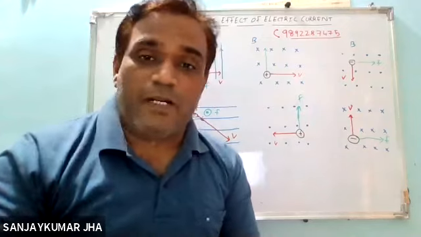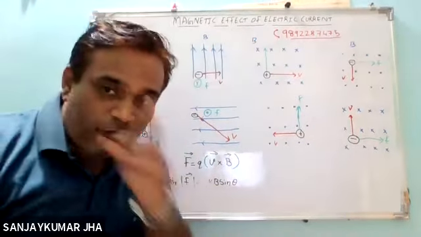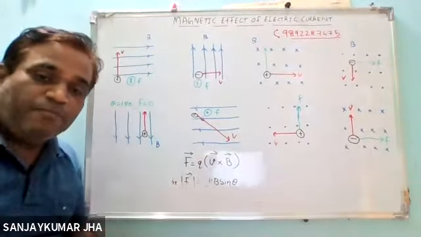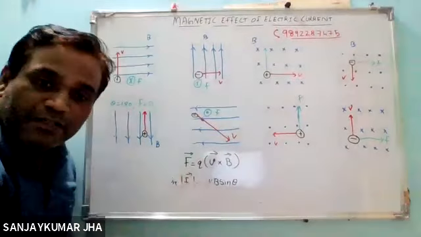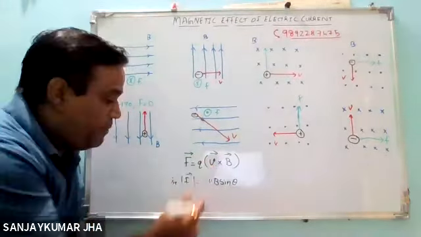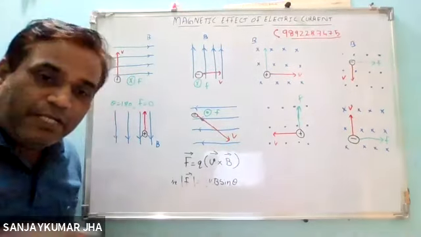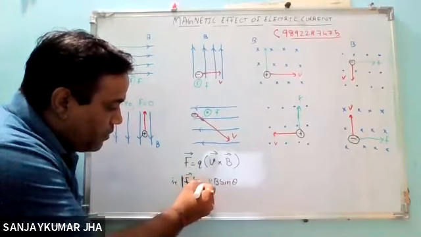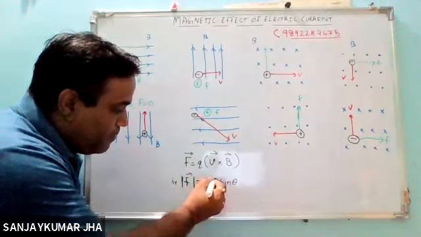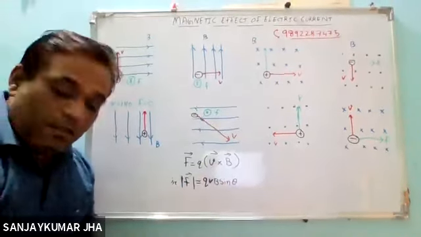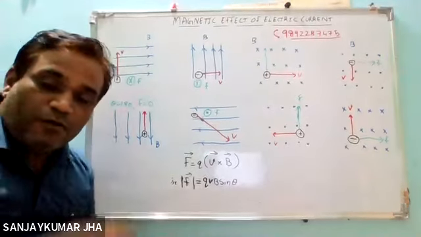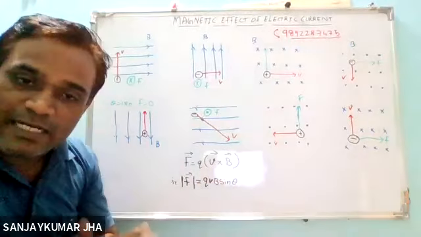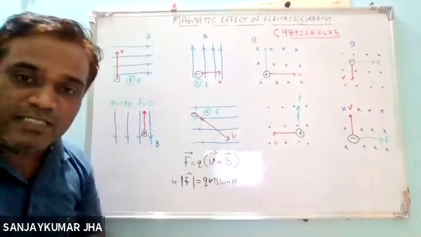Now, for a charged particle with charge plus Q, the force is given by the formula: force vector F is equal to Q, the magnitude of the charge, into V vector cross B vector. Therefore its magnitude is given by the relation F is equal to Q V B sin theta. So Q V B sin theta. Of course, when you say sin theta, it varies from 0 to 180 degrees. So you can vary the force in that particular way.